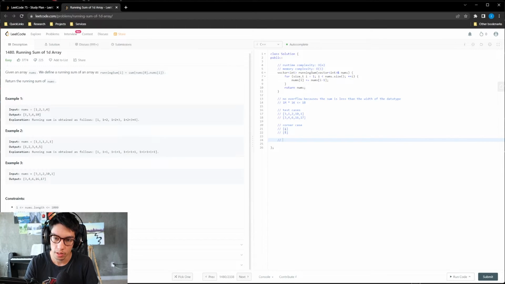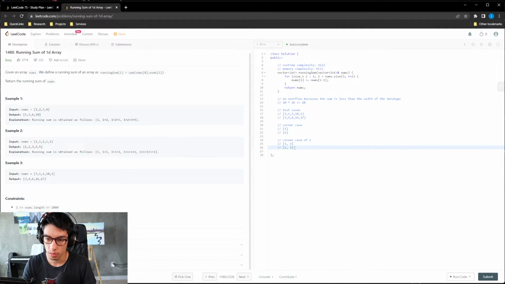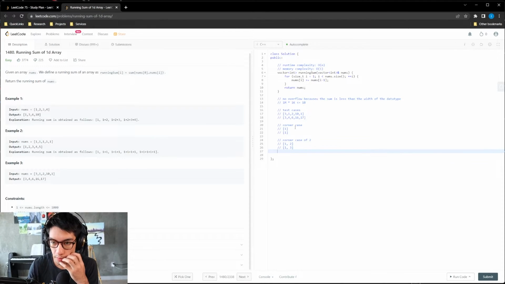We can try another corner case of 2. It's 1, 2. In this case, because we start at the first index, but the total number of elements, 2, is greater, this for loop will continue, and we sum these 2. This looks like the appropriate sum.